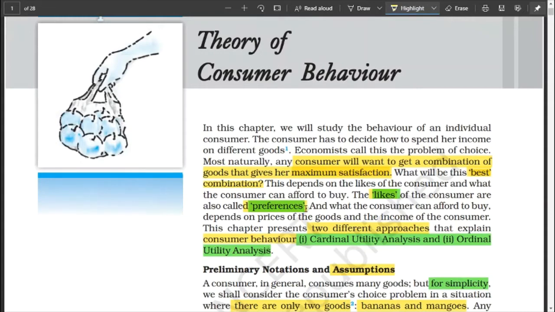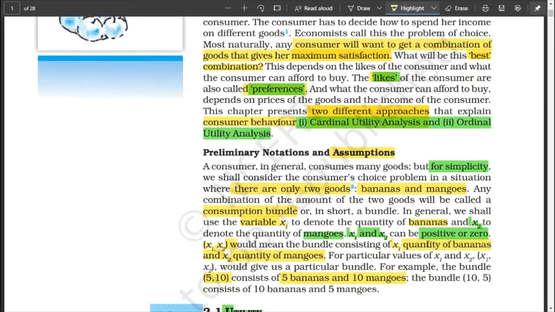To explain consumer behavior, what is our behavior as consumer, we will explain from two different approaches. In today's session, we'll deal with the first approach, the cardinal utility analysis. And next, we'll talk about the ordinal utility analysis. So today, cardinal utility analysis of finding out what's the behavior of the consumer. Before we do that, this theory, cardinal approach,